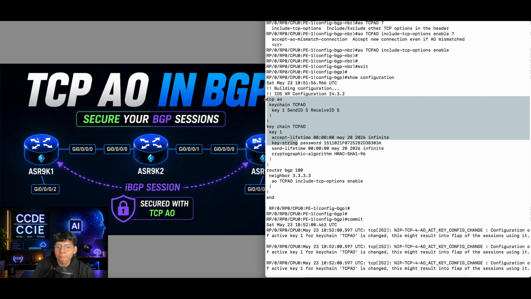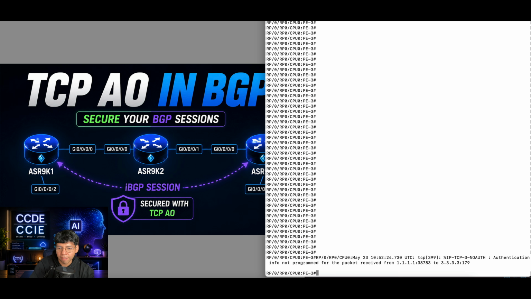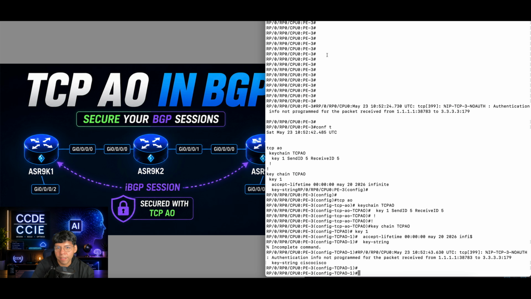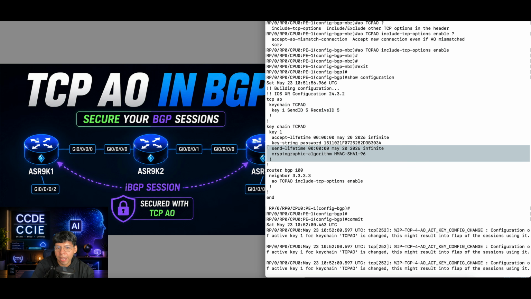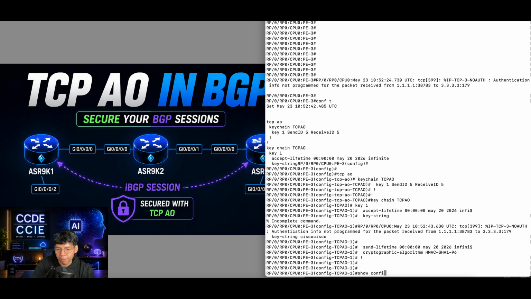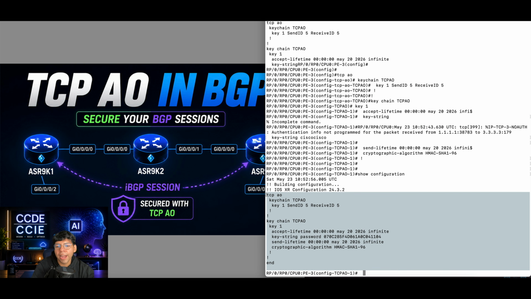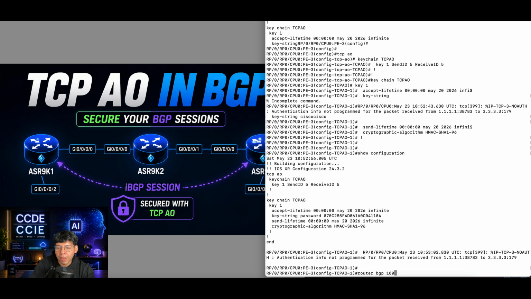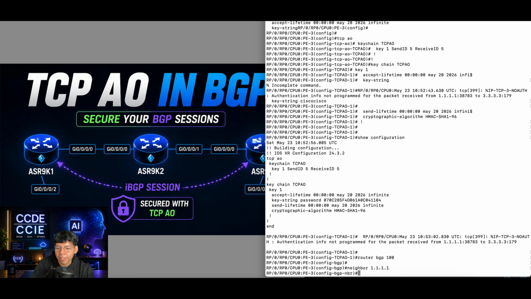So I will just copy this part that is exactly similar. The key string, of course, is Cisco, so this will be the same on the other side. And here we need to, of course, set the same cryptographic algorithm and the send and receive lifetime that was missing previously. So now I have the same configuration in both devices with the same password in the keychain. Send and receive lifetime are the same, and now I just need to go to router BGP, neighbor 1.1.1.1, and here put TCP AO, include options,